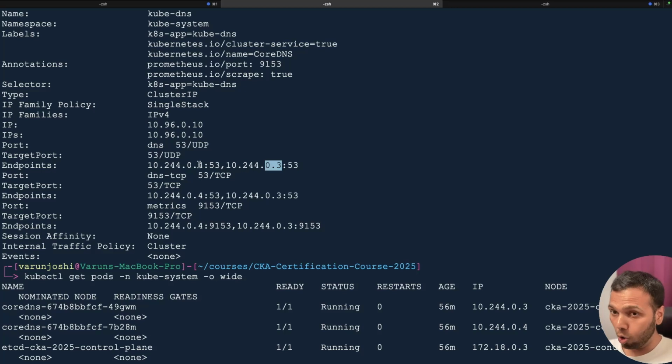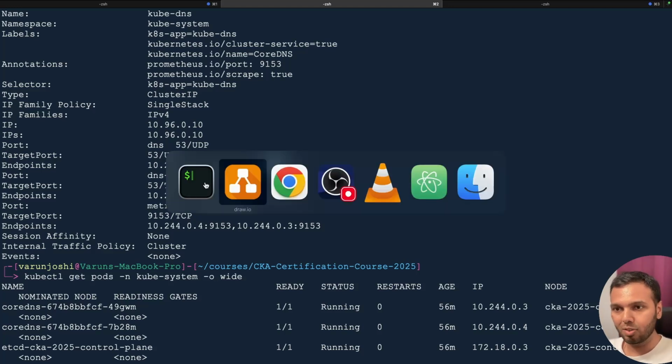And you can also see that these pods are listening on three ports. Hence, we have configured the ClusterIP that way. By we, I mean the Kubernetes cluster. So if you see, there are three ports, port 53, both TCP and UDP, and then port 9153. Now let's go back to our